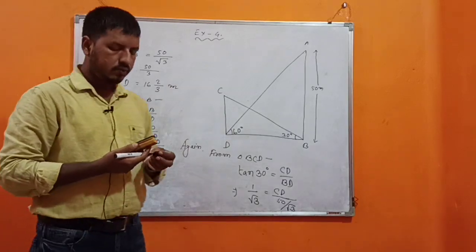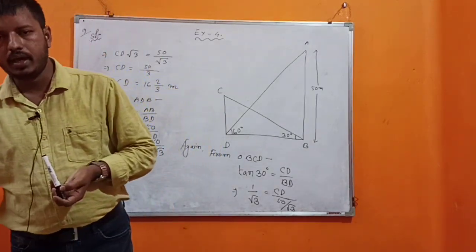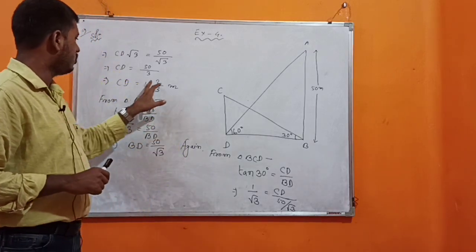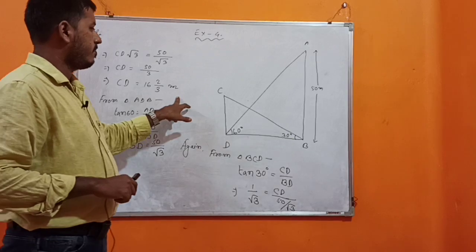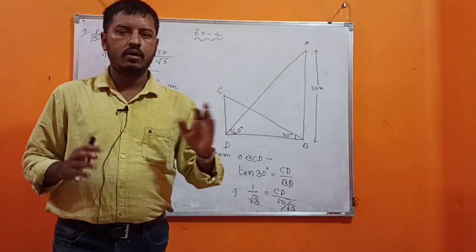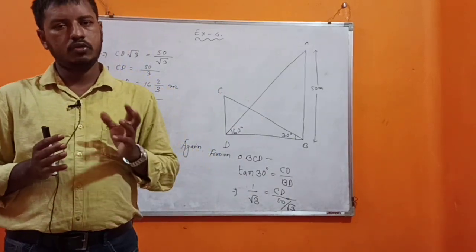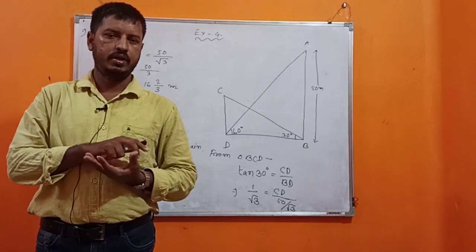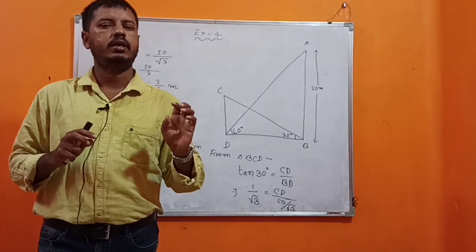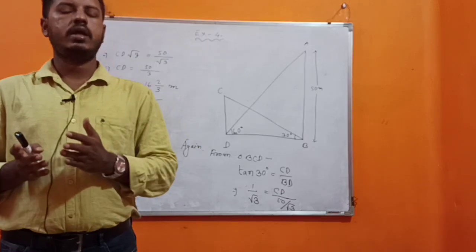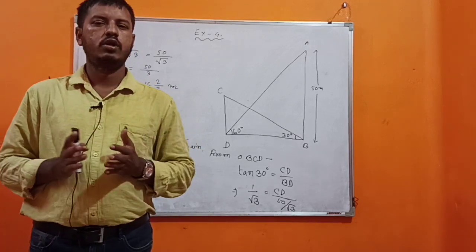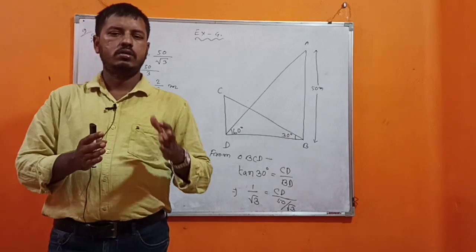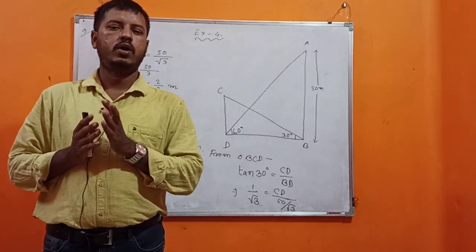Okay, so what we have got? We have got the height of the building. You can write in the next line that the height of the building is 16 2 by 3 meter. Okay, so if you go through the diagram first, then go through the question, after going through the question you try to write the figure, and I have told you earlier that our target is to construct right angle triangles. Okay, so in few questions you will get 2 right angles, in few questions you will get 1 right angle.